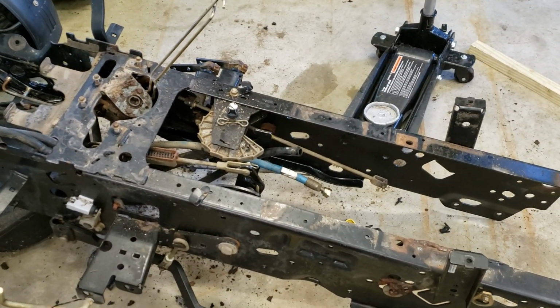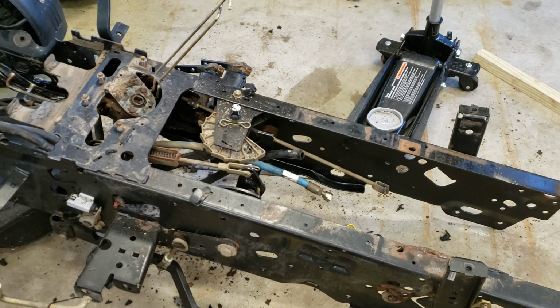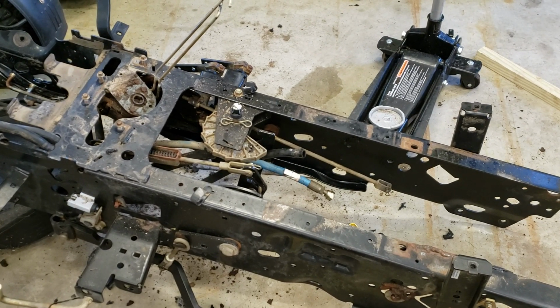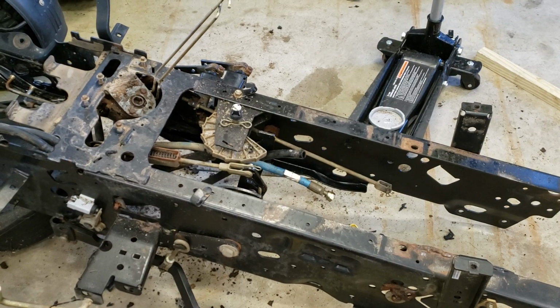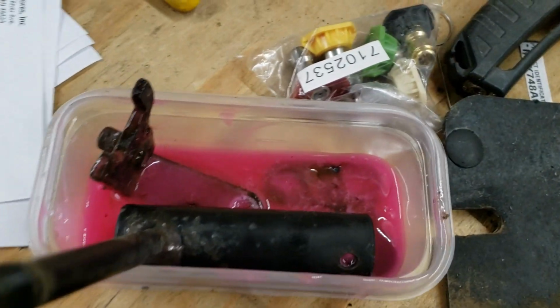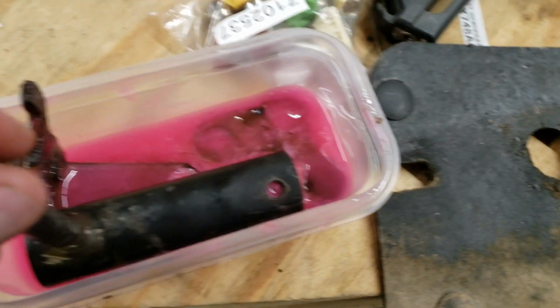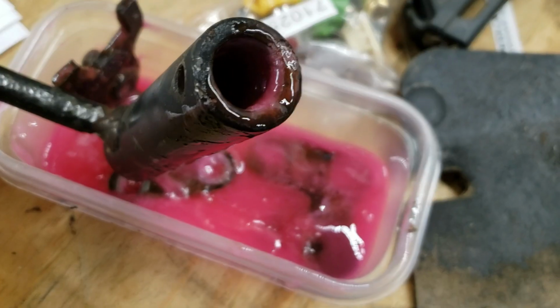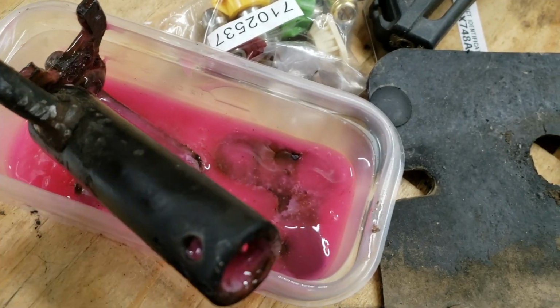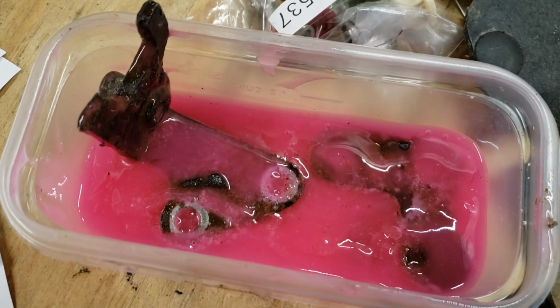Like I said, I got the selector switch off, or the lever off for the rear PTO. I got these other parts here kind of soaking in, it's called Naval Jelly. You get around here, we have Menards or Home Depot. Menards is just like another brand of Home Depot, kind of, but there's some rust in there, so I'm trying to clean that up. And then the parts in there are the parts for